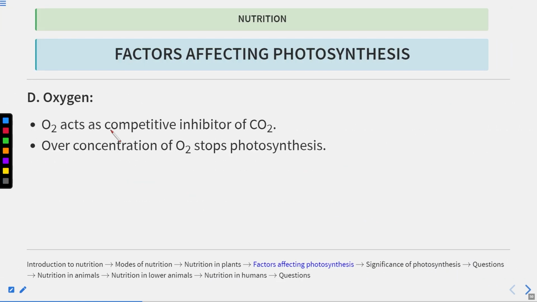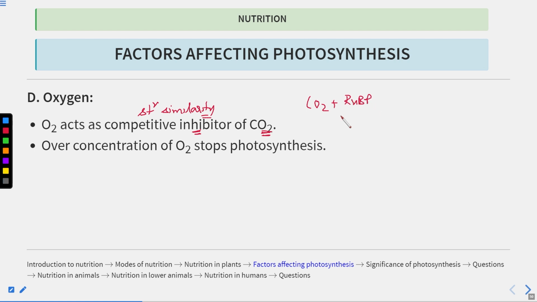Now, oxygen acts as a competitive inhibitor of carbon dioxide. What is a competitive inhibitor? A competitive inhibitor has structural similarity to the substrate. Here the substrate is carbon dioxide. So carbon dioxide binds to